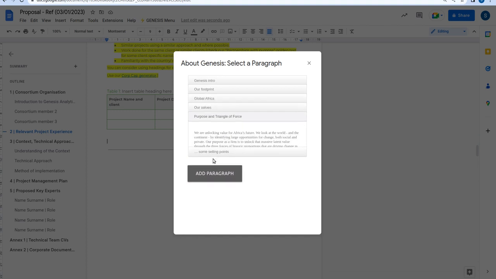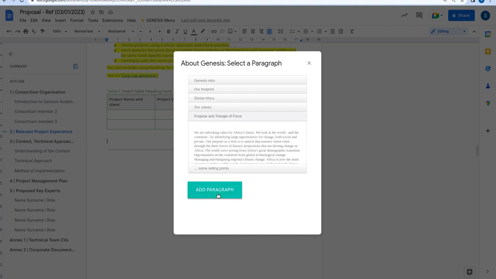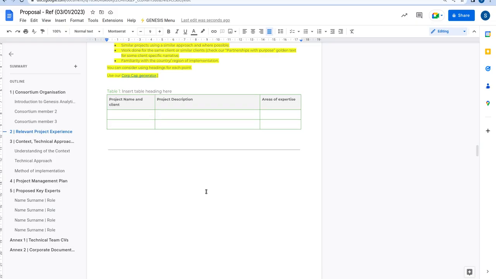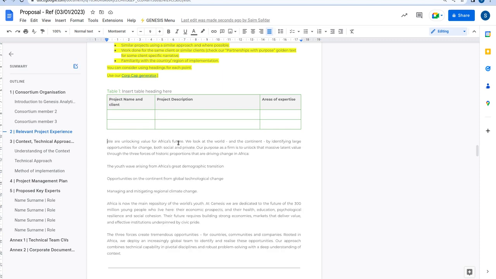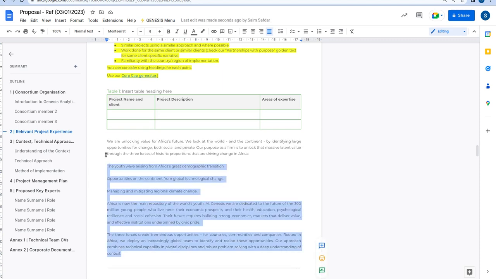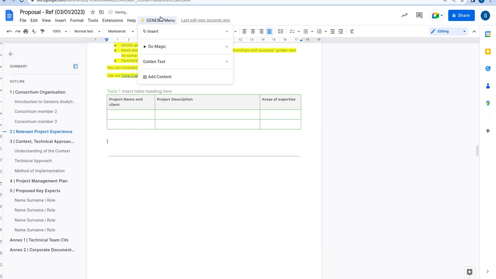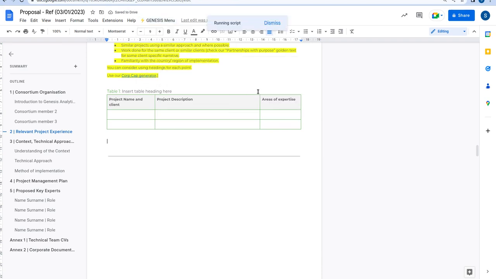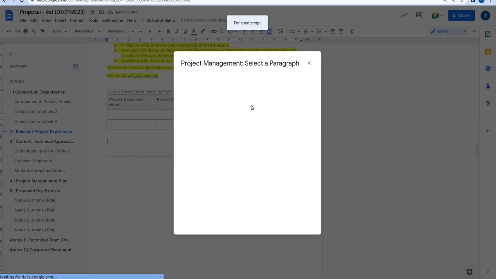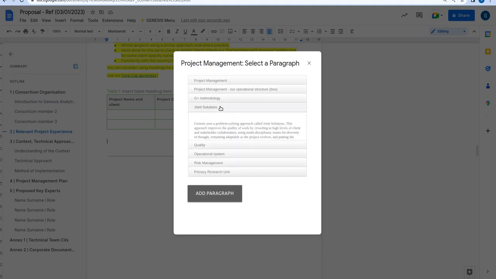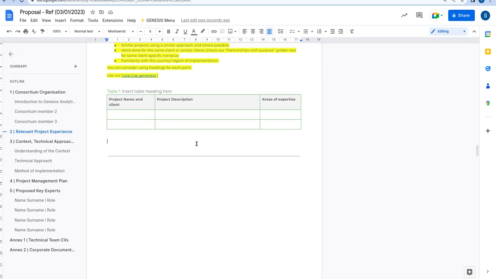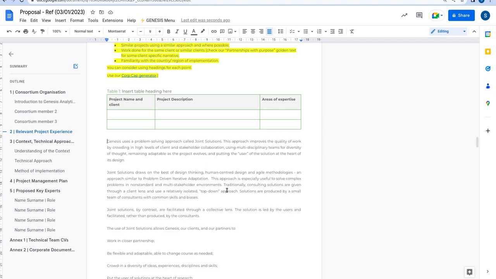So if this is selected and then we click add paragraph, this will be pulled. Here it is, and same goes with the other. Project management, select a para, joint. Okay,